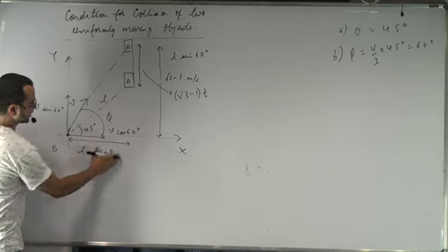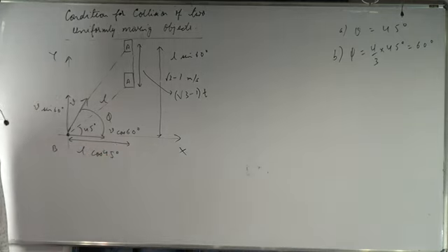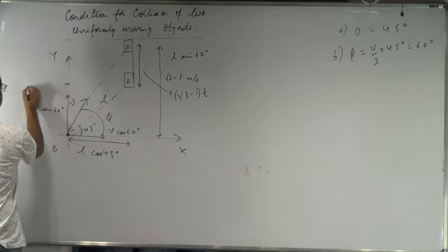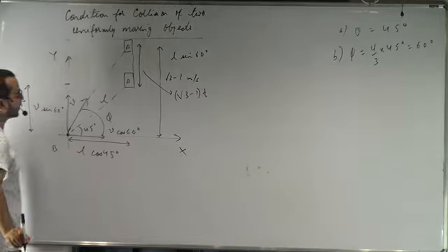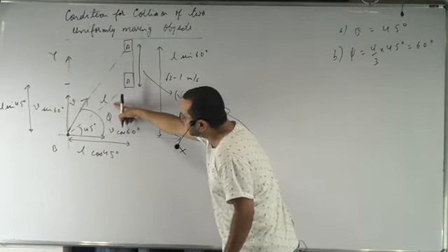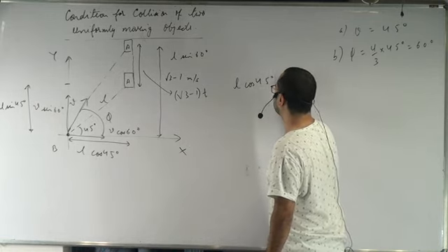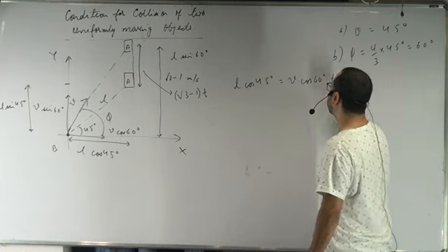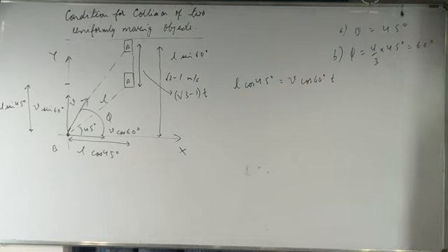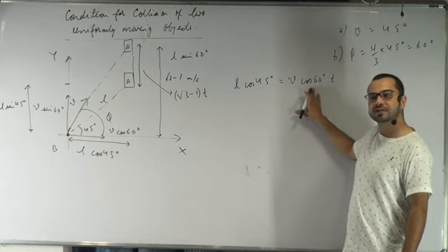So what is this distance? This is going to be L cos 45 degree. Okay, and what is this distance? This would be L sin 45 degree. That's better. So for writing the equation for the horizontal displacement, can we write L cos 45 degree is equal to V cos 60 degree multiplied by T? Can we write that? Horizontal displacement L cos 45 degree is equal to horizontal velocity V cos 60 degree multiplied